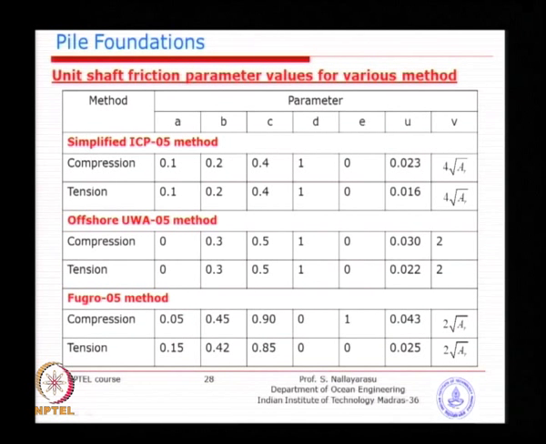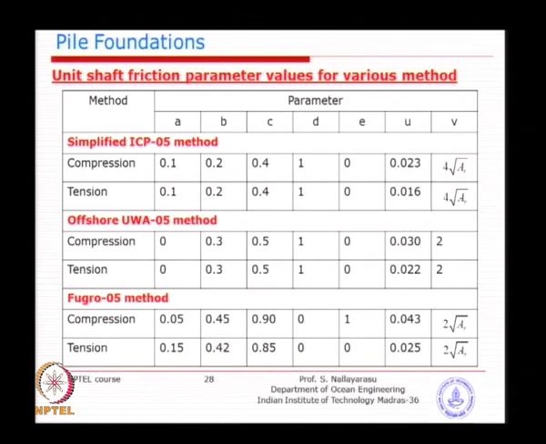So it can also be used, but you can see here the coefficients vary reasonably, from 0.4 to 0.9, if you look at each category. You can see here is 1, here 0. That is why these are specific to the areas of interest. Mostly Fugro results are applicable to the Middle East, because they have done a lot of work in Middle Eastern areas, while UWA is predominantly for the Australian region.